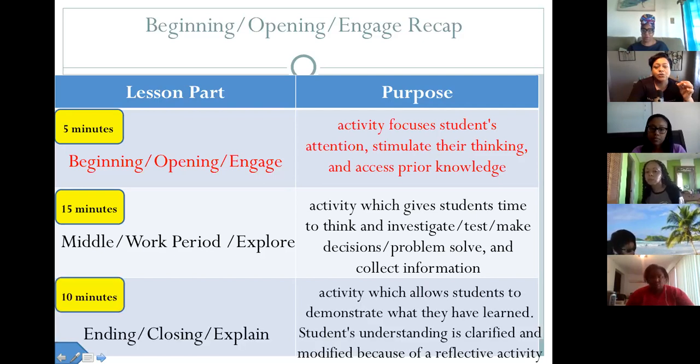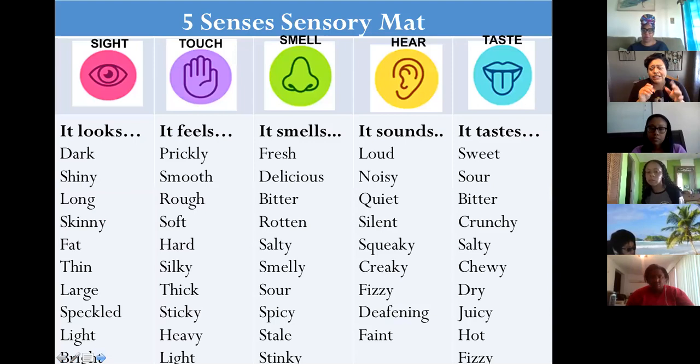Okay, so let's move on to the 5 senses, which this slide is just going to help them for the next portion of the lesson. It's going to provide the scaffold that they need. So I'll say something like, well, boys and girls, we're going to be using our penny, and I want you to look at some of those words that are on the screen, because you might be using some of them to help to describe your penny. So it's just a way to connect the beginning of the lesson using some of the words for sensory details or their senses,